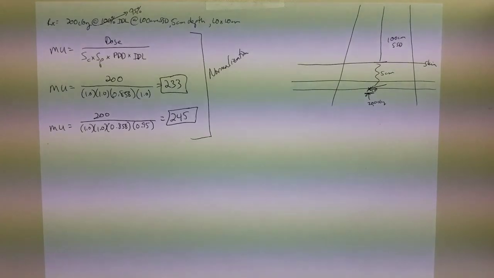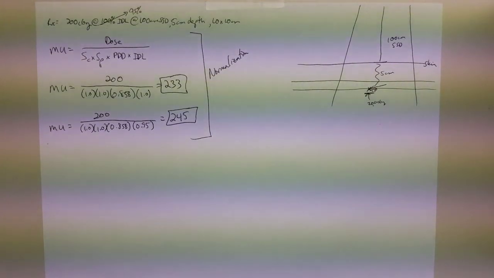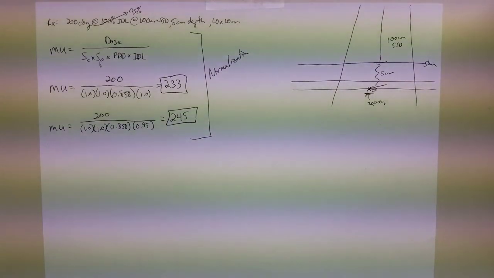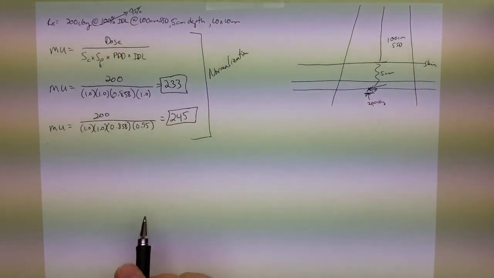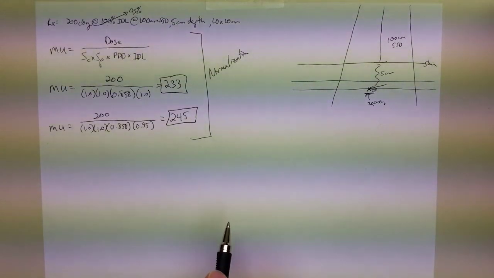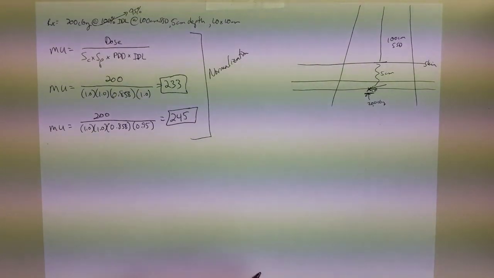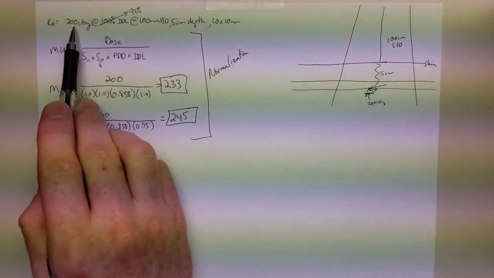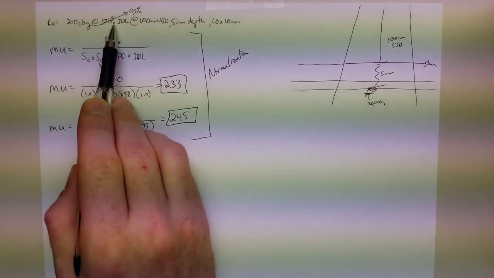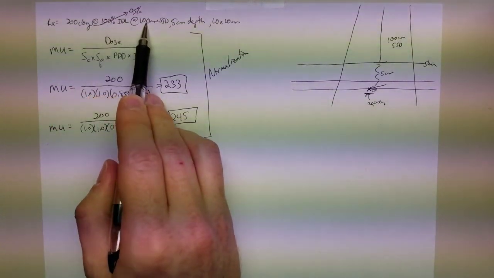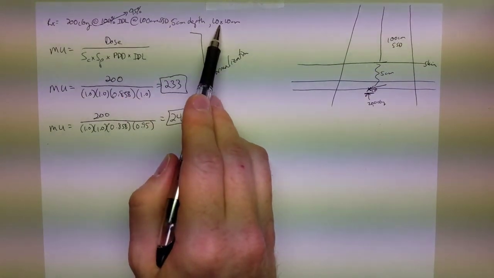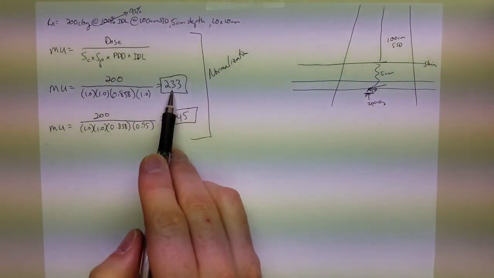Let's build off of the SSD calculation to depth and a different normalization, and let's talk about wedge factors and using wedge factors and hard wedges in our MU calculation. From our previous example where we started off with a PA spine field delivering 200 centigray at the 100% isodose line at a standard SSD of 100, 5 centimeter depth for a 10 by 10 field, we calculated 233 monitor